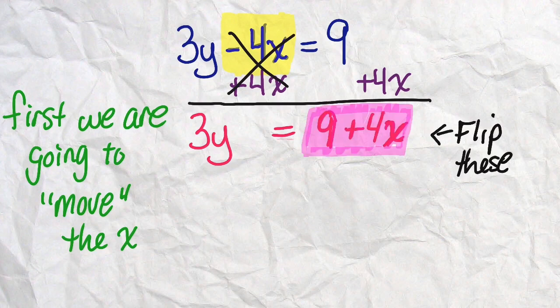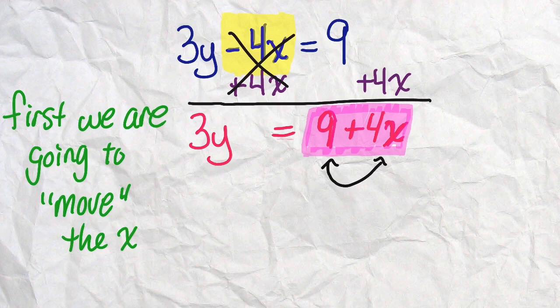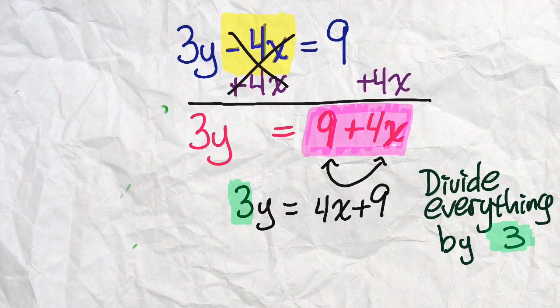The second step, which is really the final step, would be to divide by y's coefficient. Notice again, it's not written like y equals mx plus b yet. So we're going to switch around those two terms, the 9 and the 4x, and write them in the opposite positions and make it 4x plus 9. So it looks more like the way we want to see it when we're finally done, which is going to look like a slope-intercept equation. Now, I bring down the 3y, and again, the second step is to divide everything by y's coefficient, which in